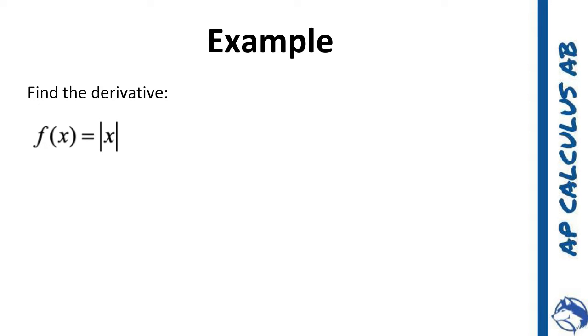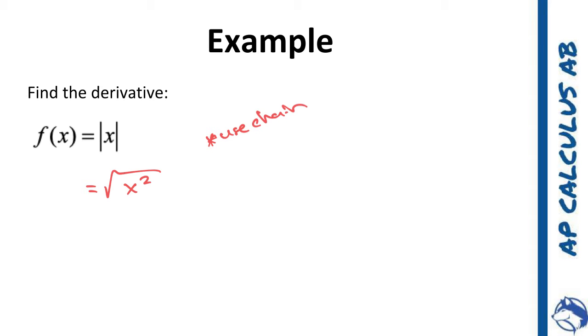So now you're going to be asked to take the derivative of the absolute value function. And so the way that I think it's best to look at the absolute value is if I were to take it and square it, I know that it would always be positive. So this is the same as the square root of x squared. So now if I use the chain rule